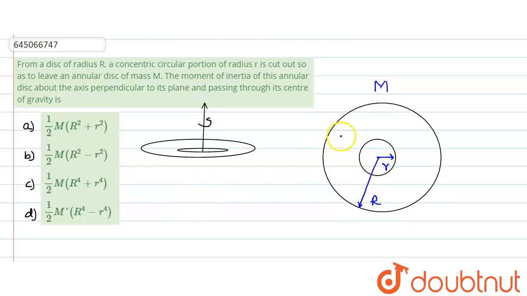So we can say, what would be the mass per unit area? Mass per unit area we denote by sigma. So it would be capital M divided by the area. What is the area? It would be pi into (R square minus small r square). Why? Because the mass would be concentrated only in this area, the annular space, and not inside. Inside this is a cut. So that is why we have taken it like this.